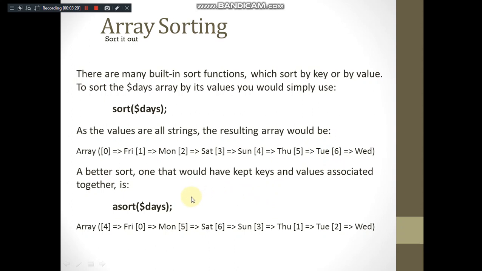If you want to sort them according to the keys and values associated with them, then this is how we can do it. asort can be used. That is, you need not change the location of them. So in that case we can use this. Only while displaying it is sorting, right? You can see the location is kept as it is. They are not moved, whereas here their location is changed.